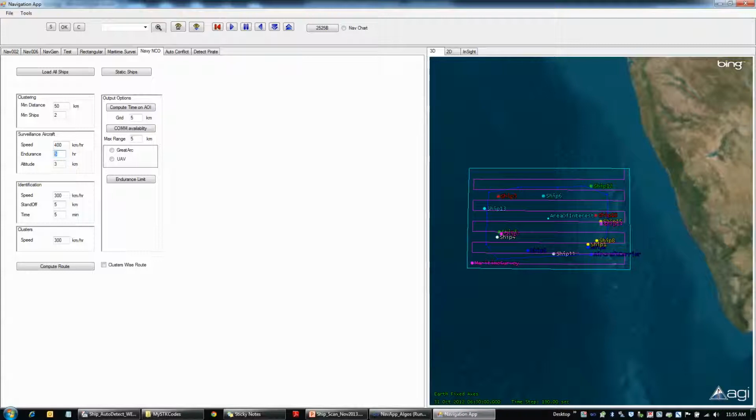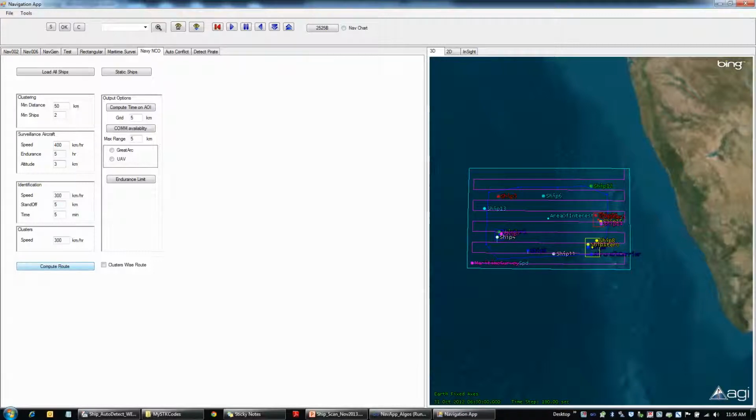So every time the aircraft is flying, it has to compute the distance back to the aircraft carrier and find out how much time it will take considering the default speed, and also the altitude of the surveillance aircraft. It takes all these things into consideration, and it does the clustering, speed change, everything by just clicking this button. It is doing all these operations, and it will create the final route. It basically creates a Great Arc as well as an AMM route.